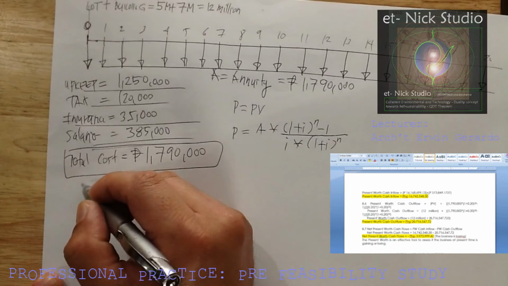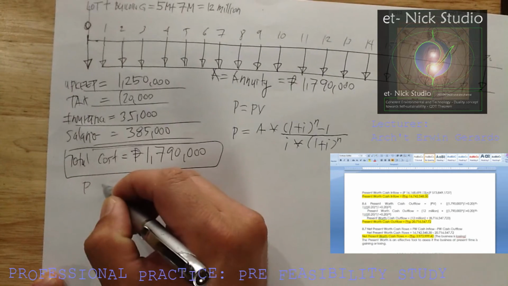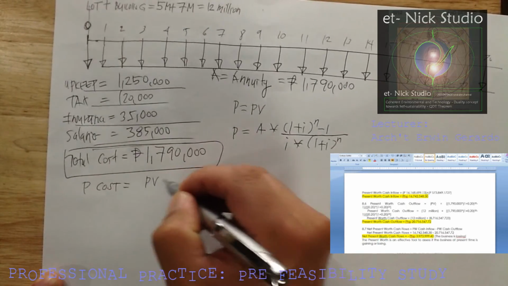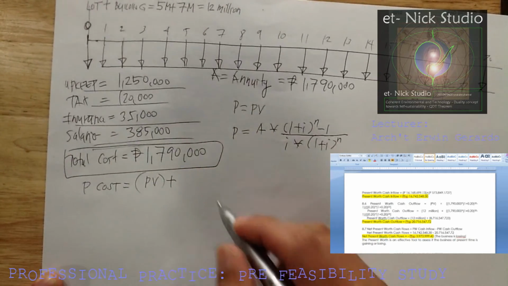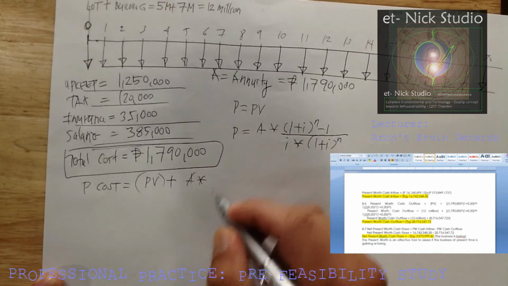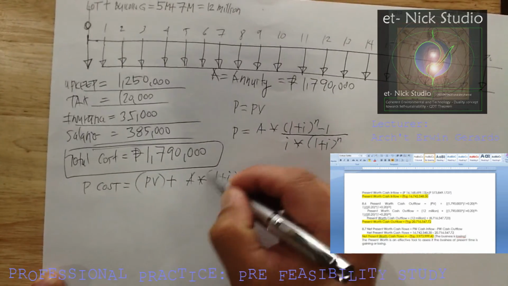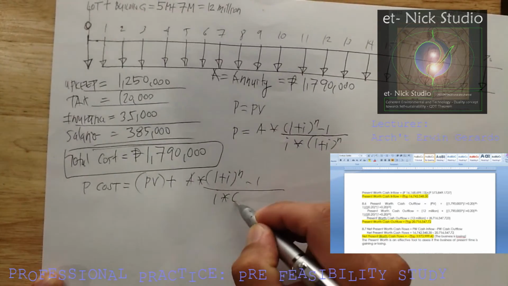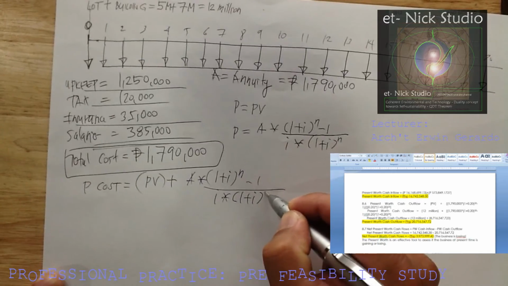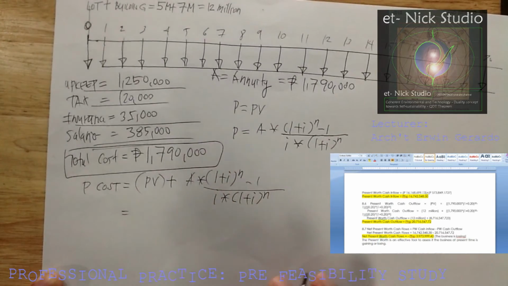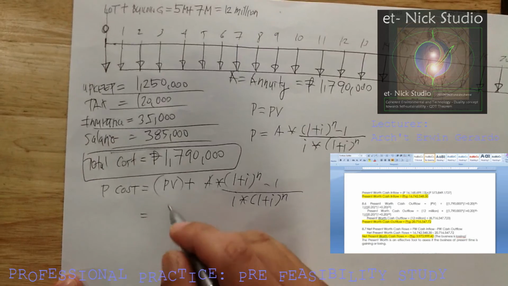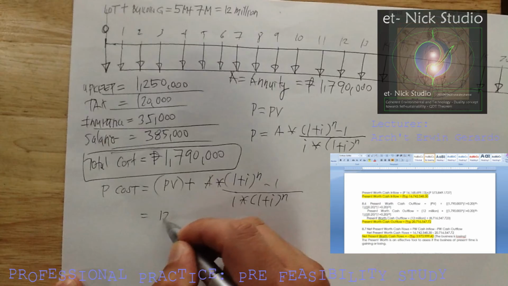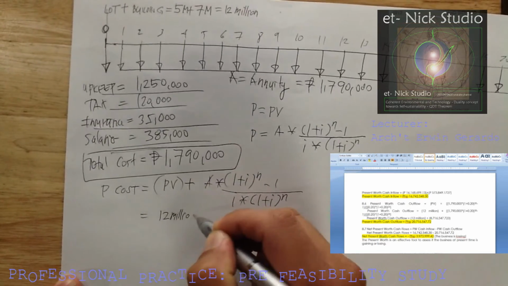So the present value of the cost therefore is PV plus your annuity in terms of the cost, 1 plus I raised all over n minus 1, then I times 1 plus I raised all over n. So take note that your present value of your investment is already 12 million, which is actually the cost of your